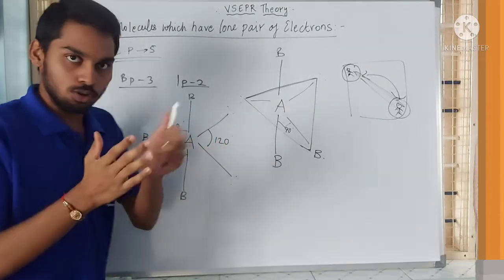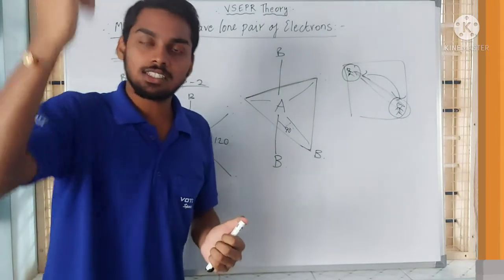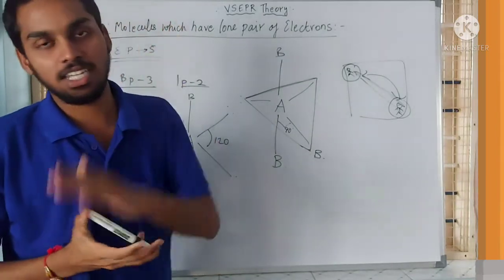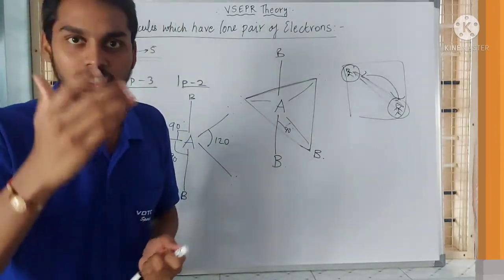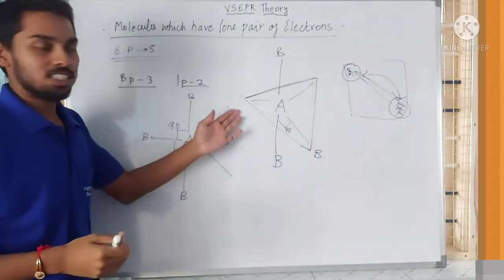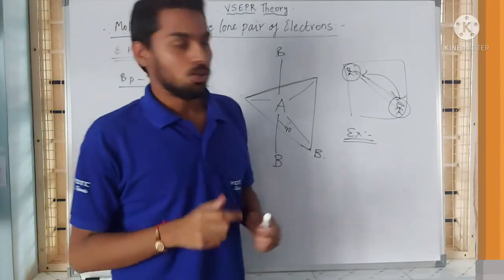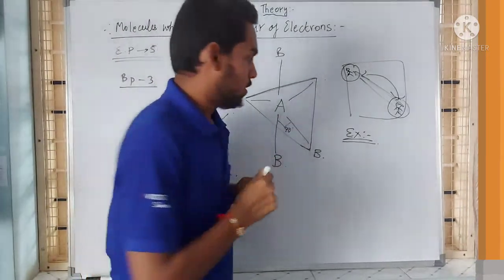If these two come close to each other, there will be repulsion. If there is repulsion, there will be an increase in the energy of the molecule. If there is an increase in the energy of the molecule, stability gradually decreases. So we need the stability of the atom. Hence, we keep these lone pairs as far as possible. Okay. So an example for this type of molecule is